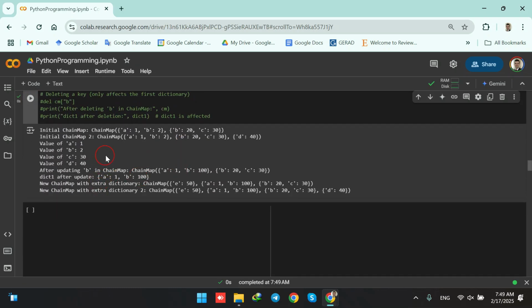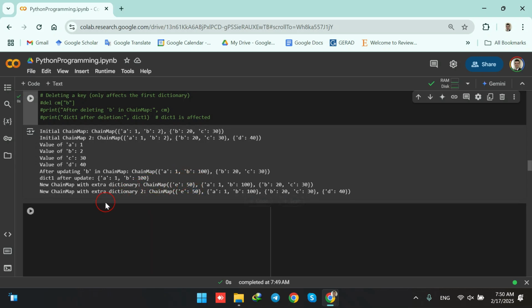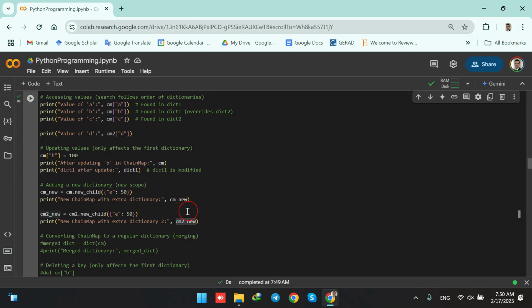So when I run this code, we see that this is the original second chain map: A1, B2, B20, C30, and then D40. Okay, so this is our second chain map. Here we see that the first dictionary with the key E and the value 50 is being added there. So this is how we can have it in the output. This is how we can create a new chain map from an already existing chain map by adding a new